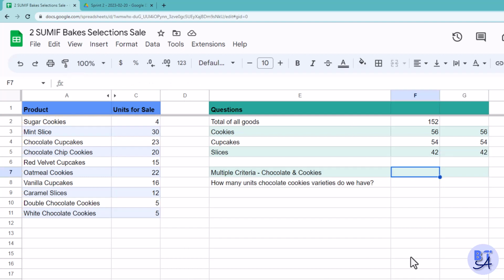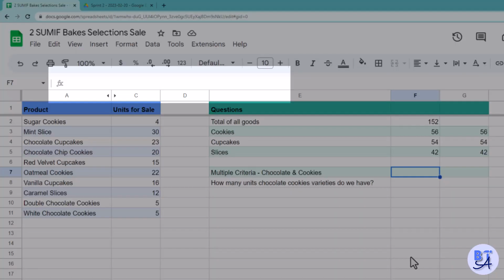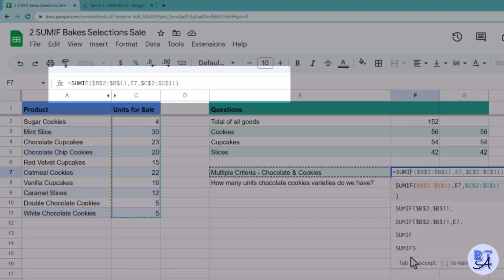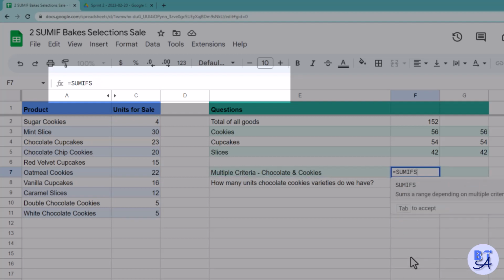Now, what if we want to look up multiple criteria? In this case, chocolate and cookies. So we want it to only count if the name of the product contains chocolate and cookies. In this case, we use the SUMIFS with an S. Now, I usually remember this because an S at the end of a word is a plural, and an S at the end of the function means looking up more than one thing, so plural.